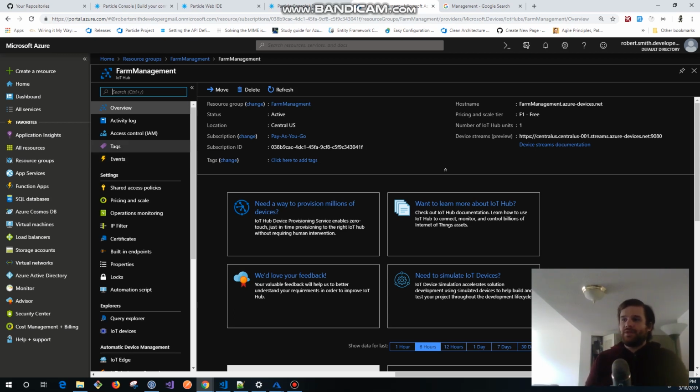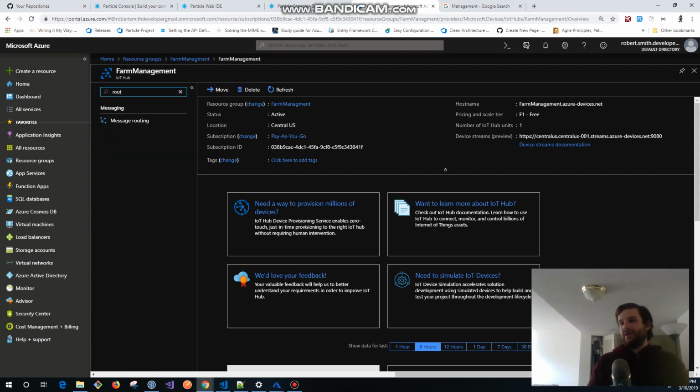set up message routing. The IoT hub is going to get these messages, and then you set up these routings. You can either send it to blob storage or add it to a service bus queue, or there are so many things you can do with it. So what we're going to do is come to routing, message routing,